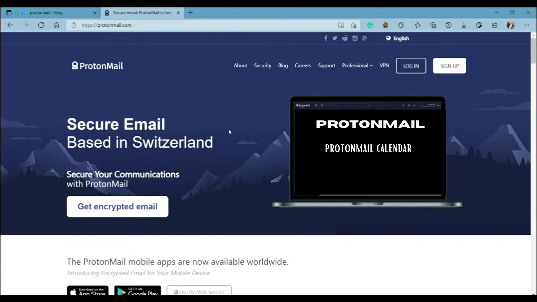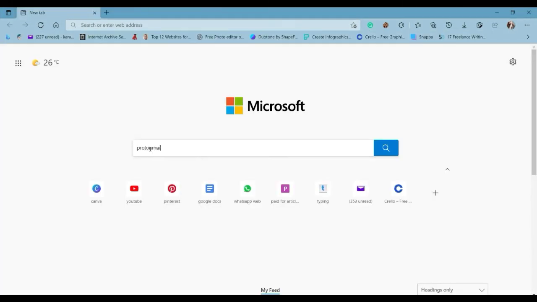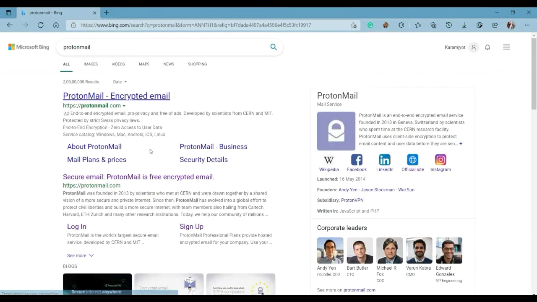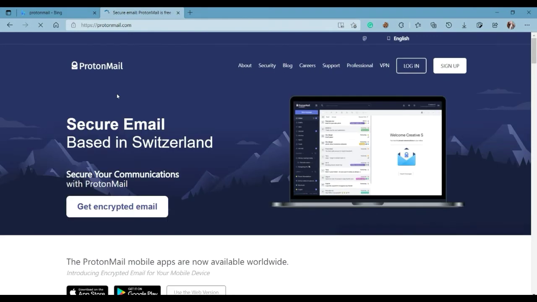And let me tell you now the step-by-step tutorial of how you can create your Proton Mail account. What you need to type here is simply Proton Mail, and the very first website that you will get is Proton Mail encrypted email. आपको यहाँ पे click करना है. And after clicking here आपको ये website open हो जाएगी, that is secure email based in Switzerland, get their encrypted